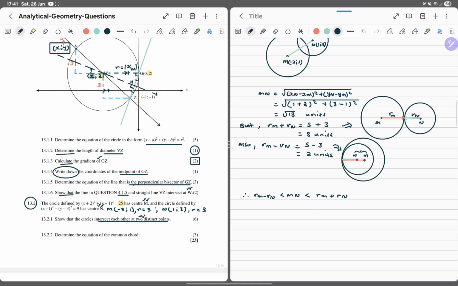And if this is the case, we will say here, this implies that essentially root 13, we know that root 13 is 3 comma something, is certainly less than 8 and greater than 2. And that conclusion will lead us to saying, therefore, the two circles